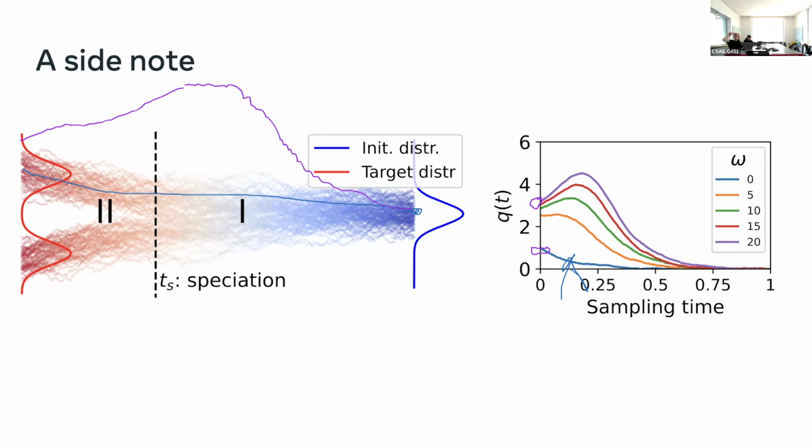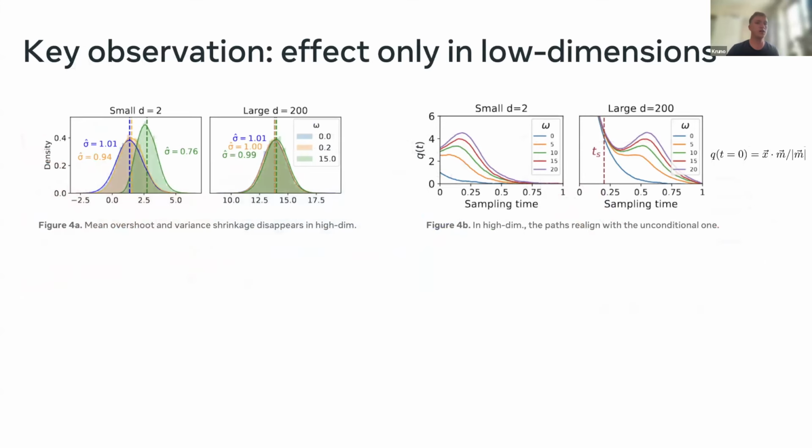In the chat, we have the question, what is Qt? I'll get to that in a second. So Qt here is basically I'm taking the x at time t, and I project it onto my target mean. So I do the dot product between them and I normalize it, because this is what we had to do in theory. So I just plot a normalized cosine, or dot product, between x and m. If this is high, it means that the correct value of q is the value that is obtained by using the unguided model.